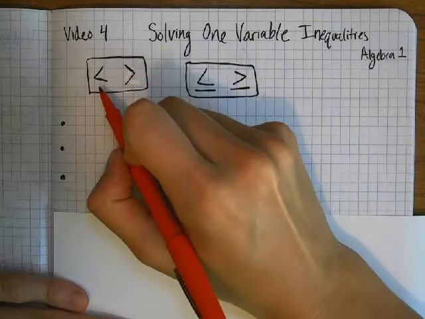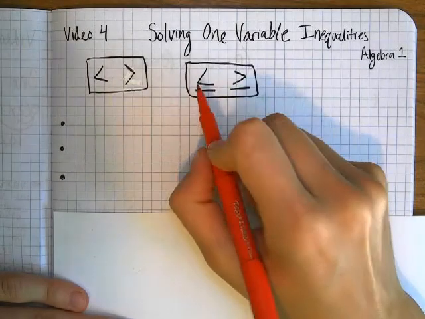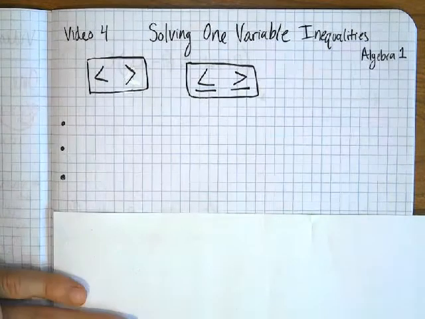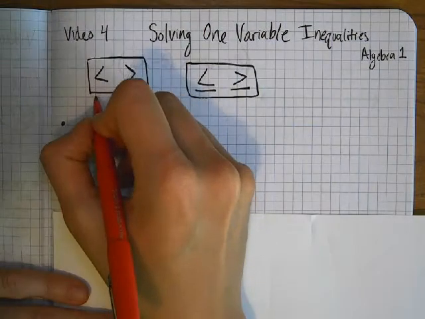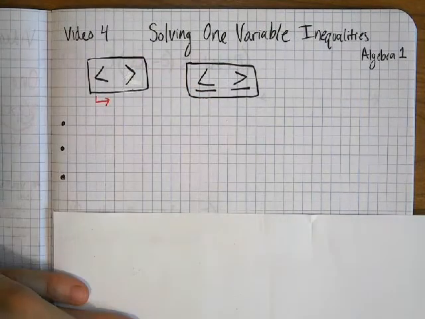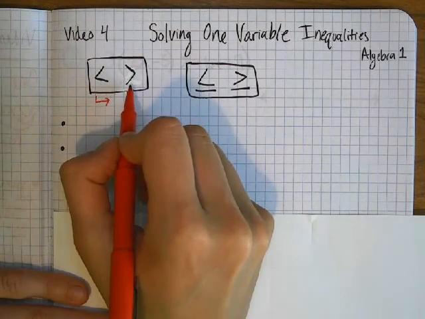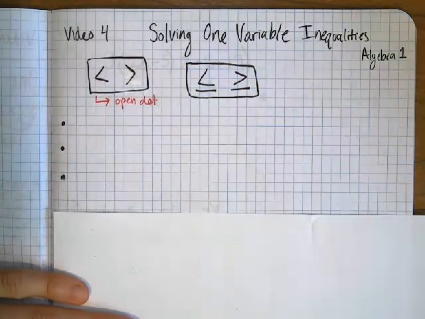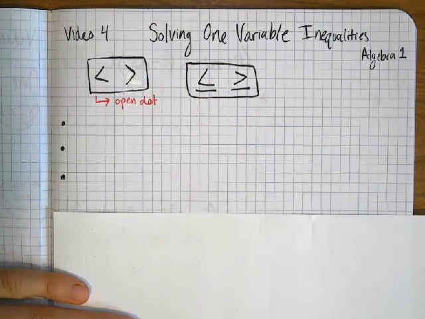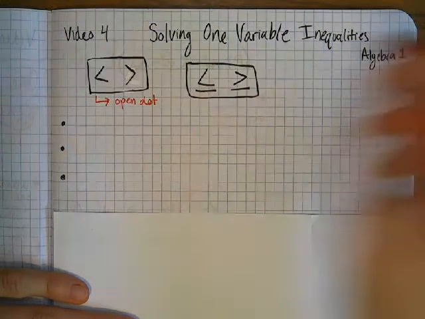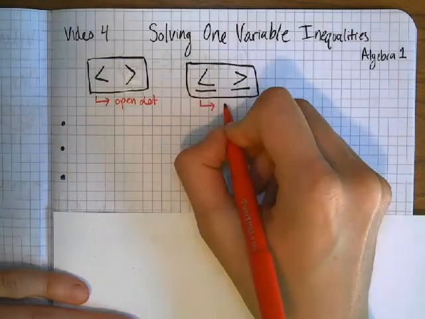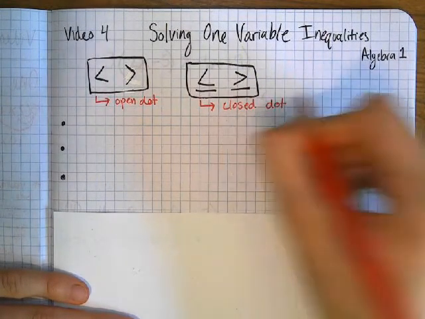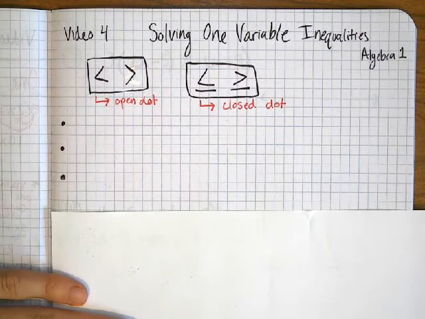So here we've got a less than and a greater than, and a less than or equal to, and a greater than or equal to. And I've boxed them apart like this because when we draw our graphs, if it's a less than or just a greater than, we're going to have an open dot. And you might be thinking, what the heck is she talking about? But when we get to our graphs, it'll make a little bit more sense, okay? So we'll just go with this. For the others, we're going to have a closed dot, okay? So we're going to use that once we get to